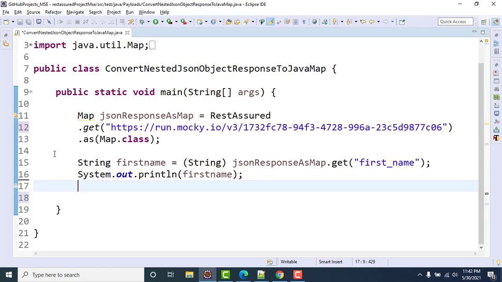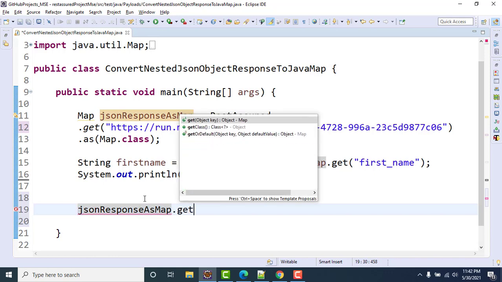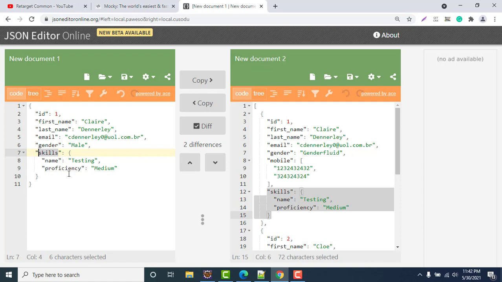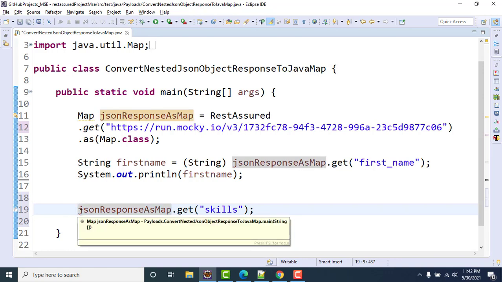So if you do JSON response dot get, you need to pass the key here, which is skills. Perfect. As of now we are not mentioning any typecast here. We have not mentioned what type of generic or what type of value it should have.